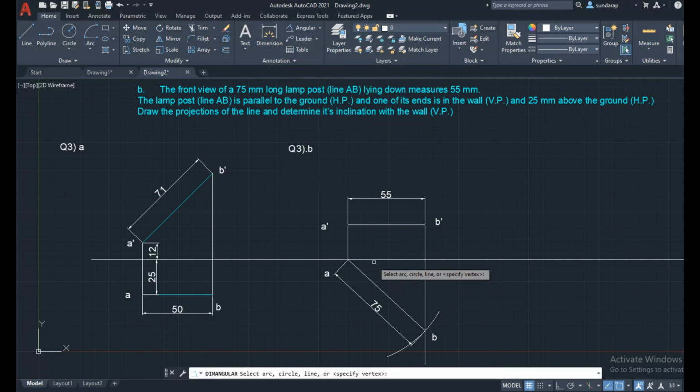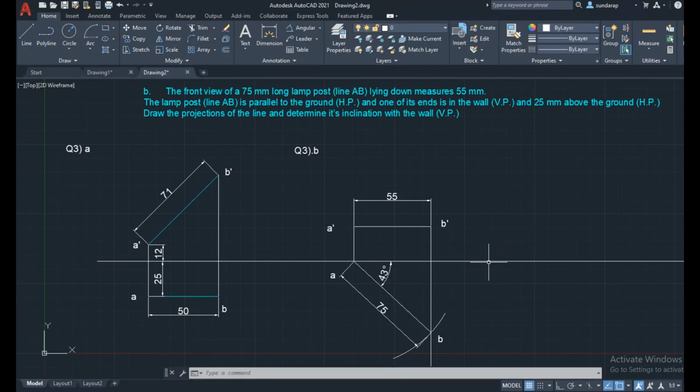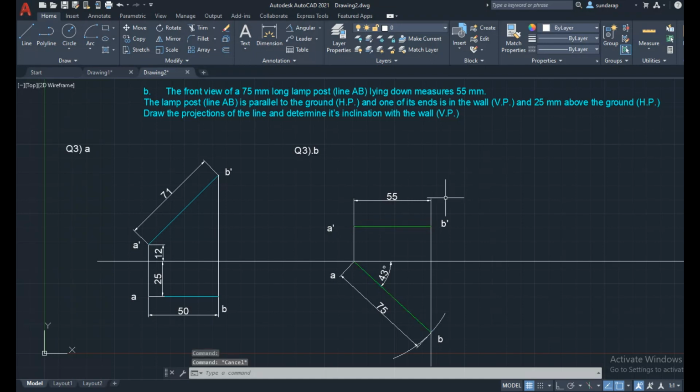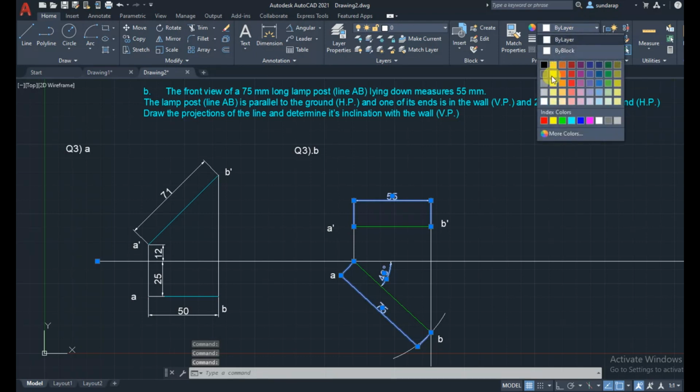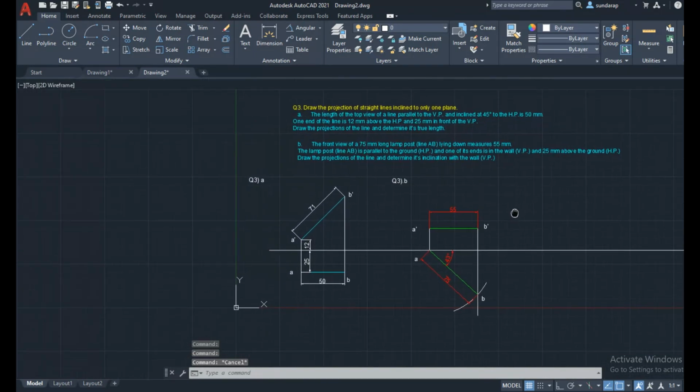The inclination of the line with the vertical plane is 43 degrees. Finally, to differentiate the projections from the construction lines, I'm going to use a different color for the front view and top view projections. Similarly, you can use a different color for the dimensions too if you want. Okay, that's it. Thank you.